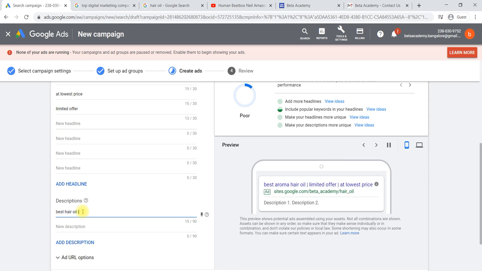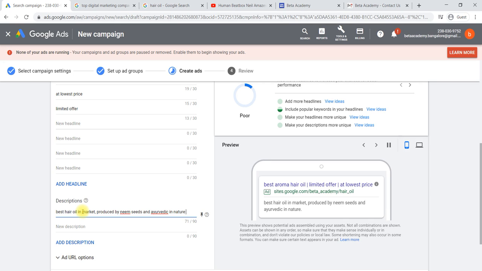Best hair oil in market, produced from neem seeds and ayurvedic in nature. Simply I'm writing something here.